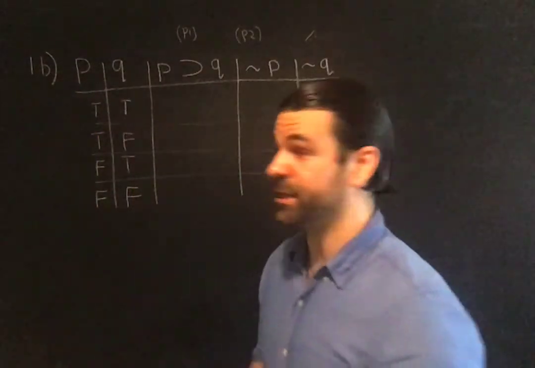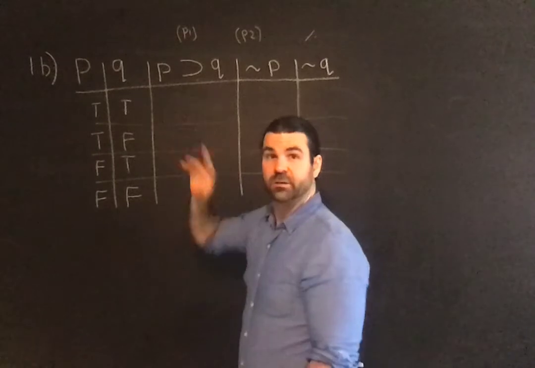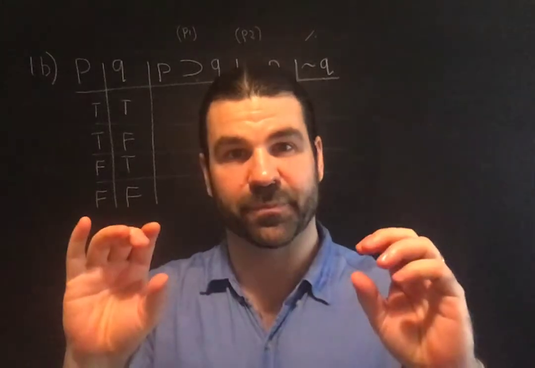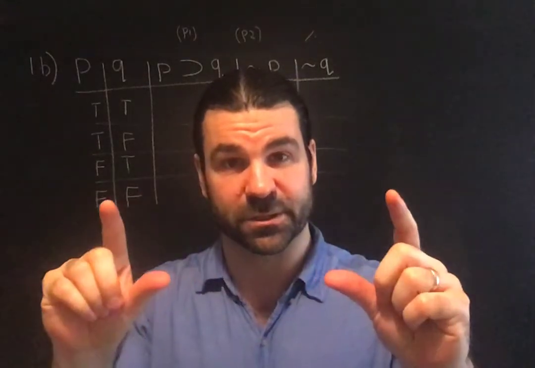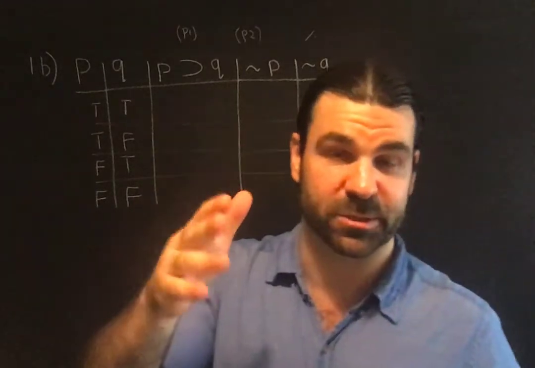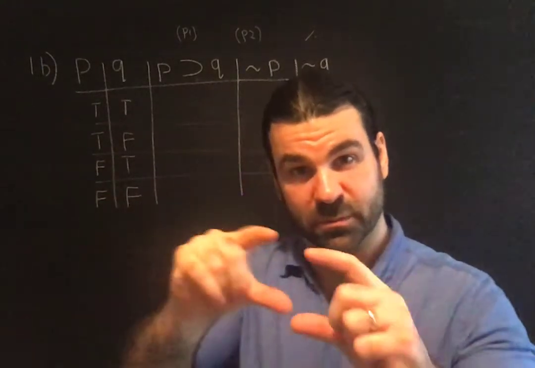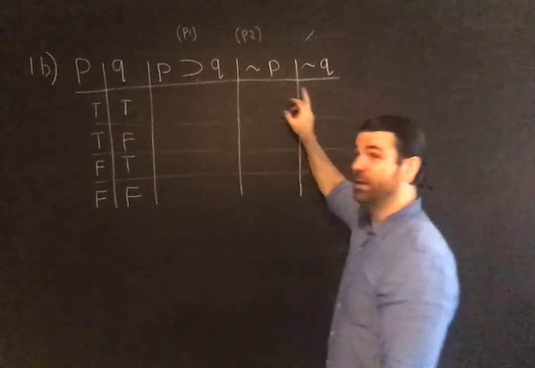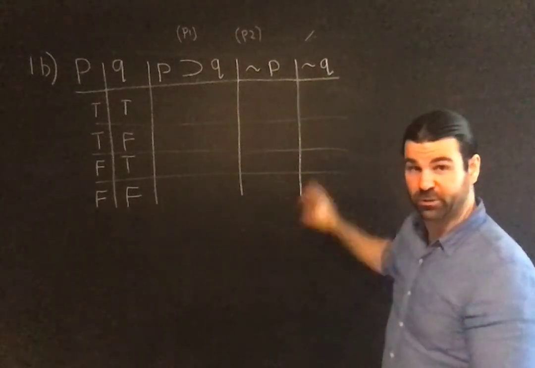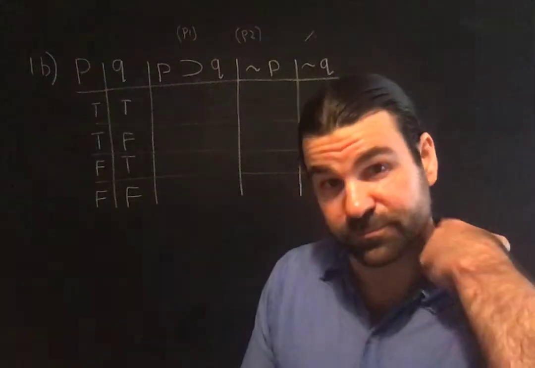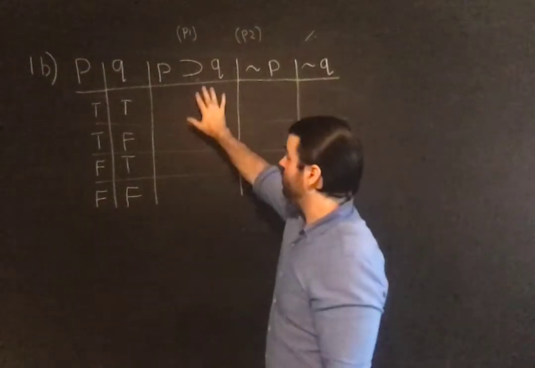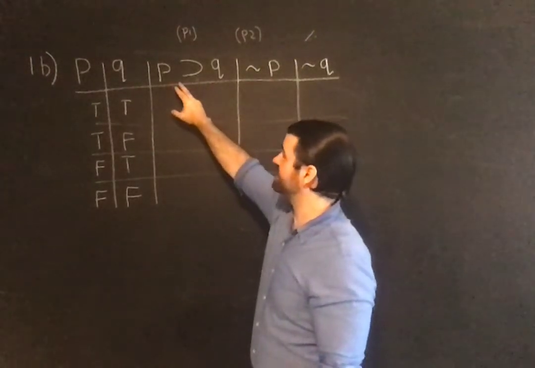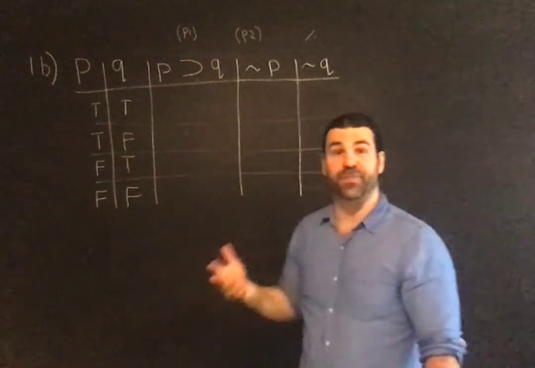What you do is list each statement form. Remember, we're testing argument forms. An argument form is a set of statement forms, or sentence forms, where you've got them separated into premises and conclusion. So one or more statement forms is premises. Here we've got two: premise 1, premise 2, and a conclusion, a statement form that is a conclusion, right? Okay, so you list them 1, 2, 3. These are the first things that appear. You list them horizontally across like this: premise 1, premise 2, premise 3. And then what you do is